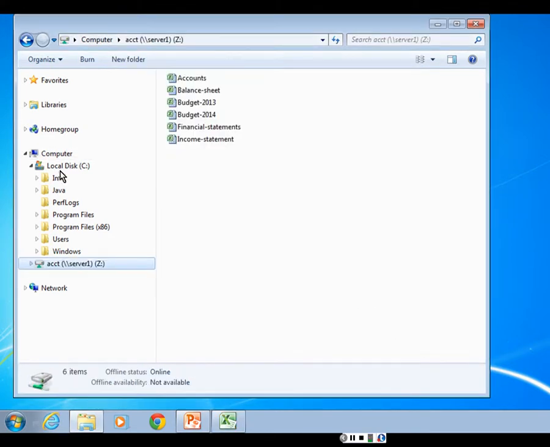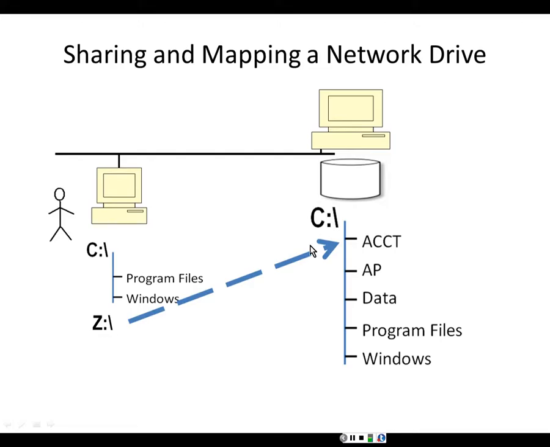So now if the user saves to the C drive, the user will be saving to his or her own hard disk on his or her own workstation. But if the user saves to the Z drive, the user is actually saving to the accounting folder on server 1. To look at it another way, when we map a network drive, if the user saves to the C